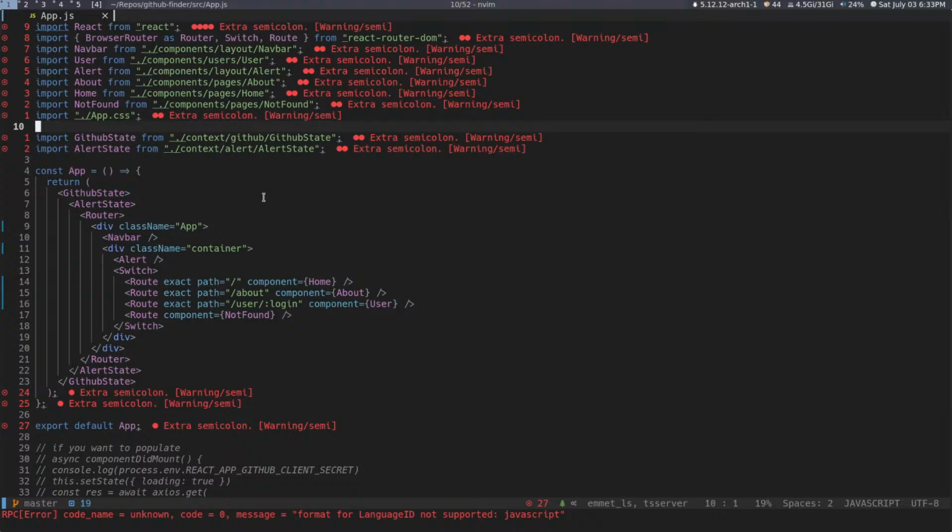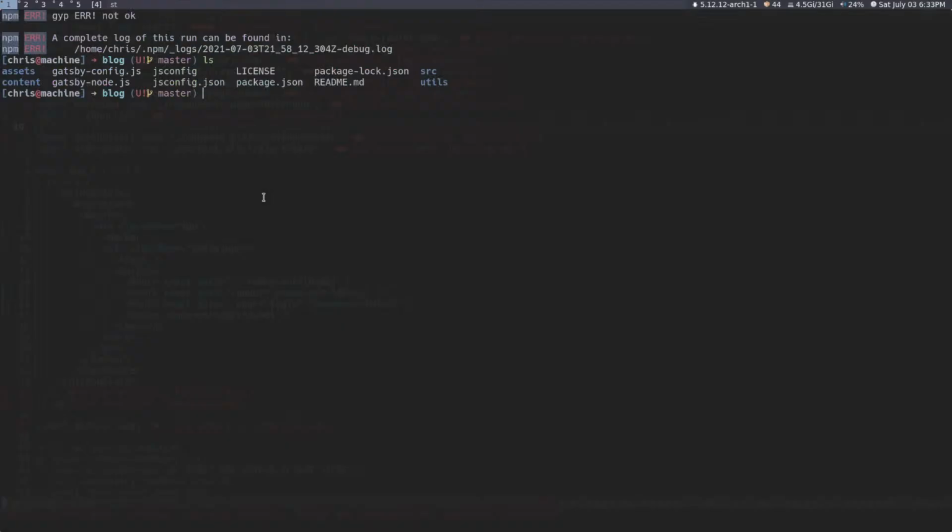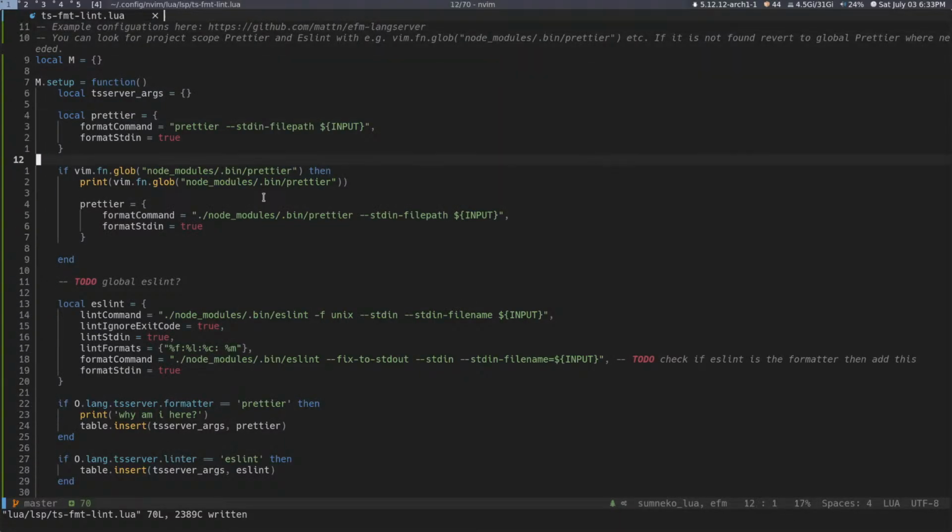Well, we know Prettier works. We know eslint kind of works. We would like it to be orange and stuff, but whatever. So what I'm going to do is I'm just going to push this stuff. Last thing, though, really fast, I just want to see if I can